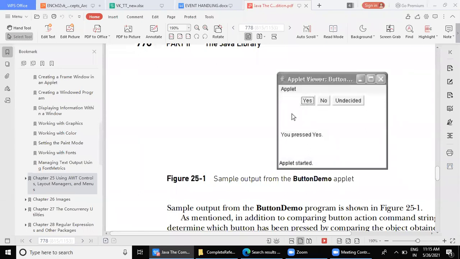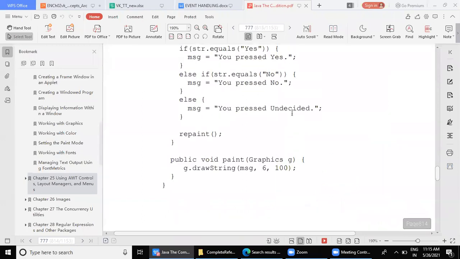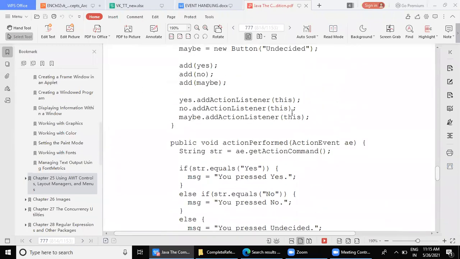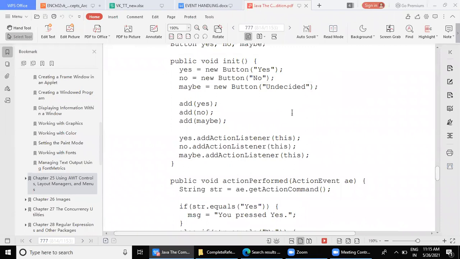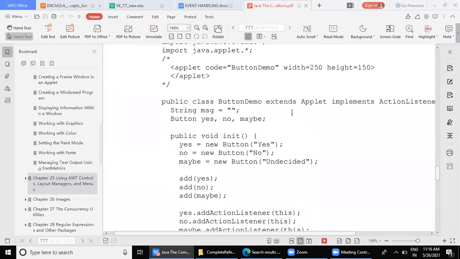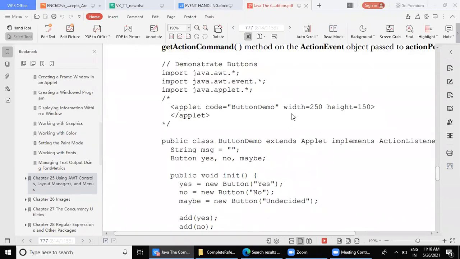So let me show you a program here. Although this program is not in your syllabus, I want to make a base for your programs which are going to be covered in future. Fine. So first of all, because you are using window components, which package do you have to import?